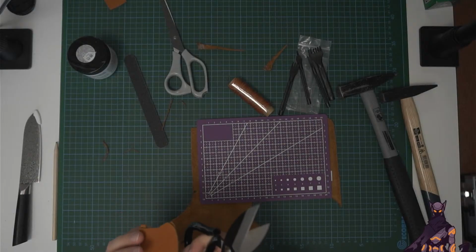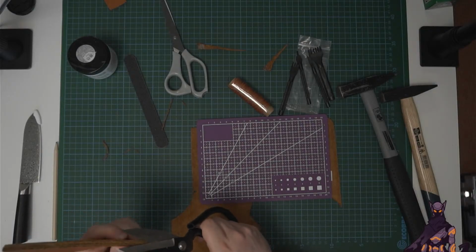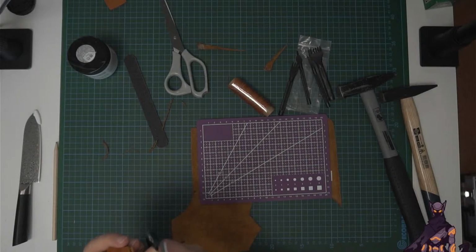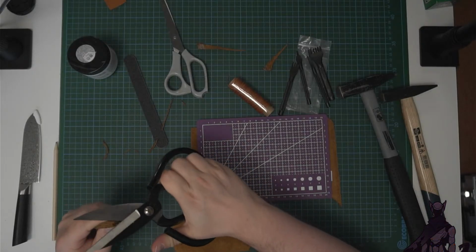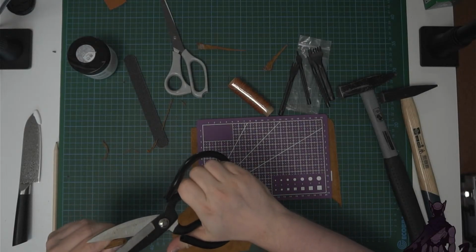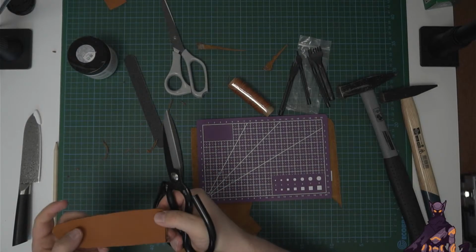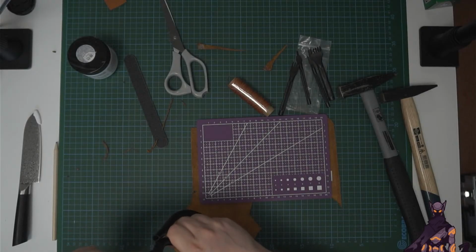Just realized that it's easier to cut on the lower end of this than the upper end. Yeah, so if I want to cut this down, I need to go here. This can be filed down, this can be filed down, this can be filed down. This I'm going to cut down a little bit before I file this down. I didn't put quite enough glue in the tip on all sides to make this work properly, which is why I cut this down a little bit. Alright, yeah, I think the rest needs to be filed down, to be entirely honest. I wish I could get in here a little bit better, but